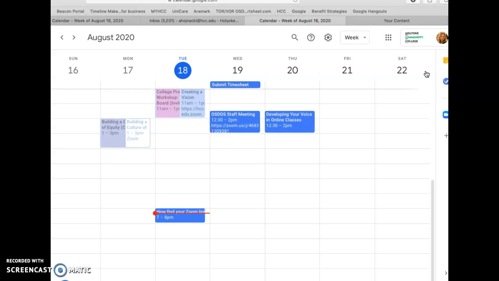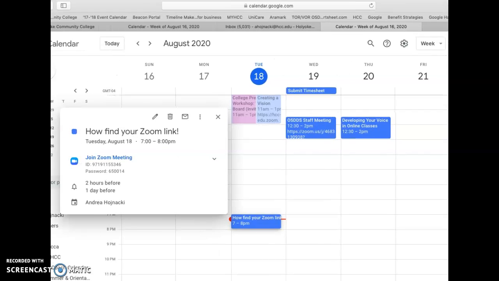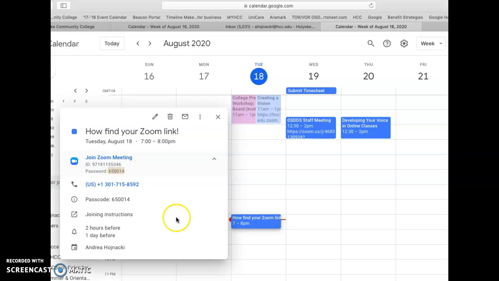On the calendar, you'll see invitations. Even if you weren't aware of them, even if you didn't accept them, they should still be there, unless you clicked no. So I'm going to click on this invite that I made for myself tonight. And there's a Join Zoom Meeting link. Before I click on it, I want to make note that there is a password required. So just to make life easier, I'm going to highlight and copy this password, or if I'm good at memorizing, I can memorize it. Click on the link,